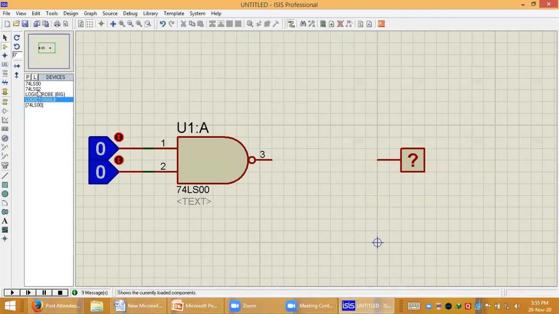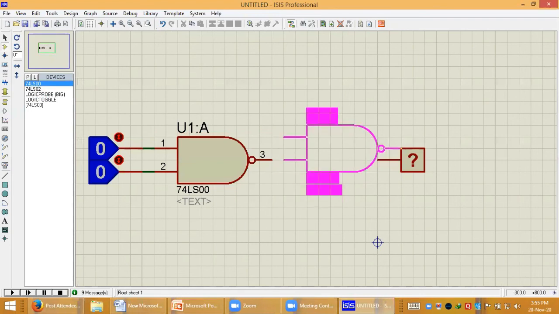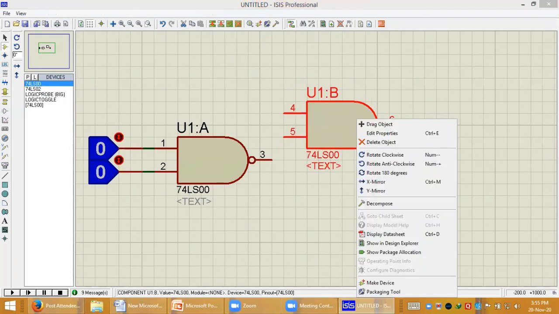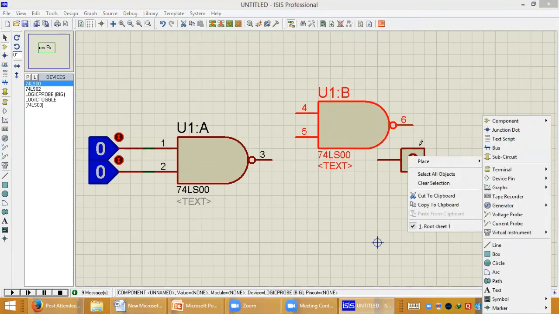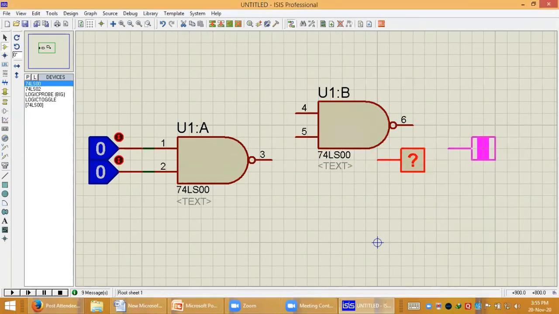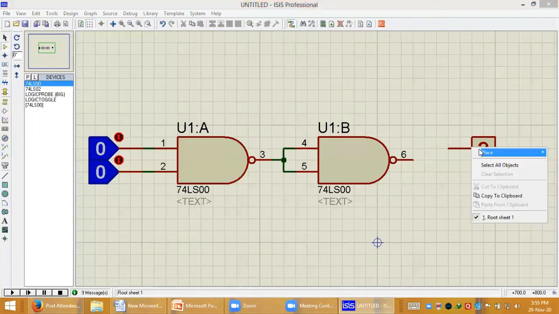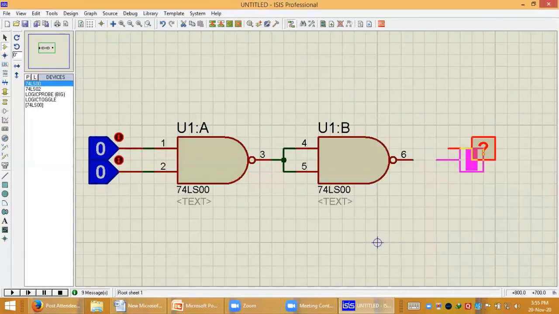7400 once again. So this is our AND gate, right? There are two inputs and one output.